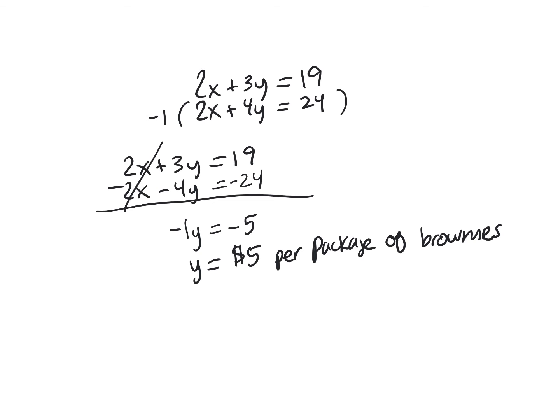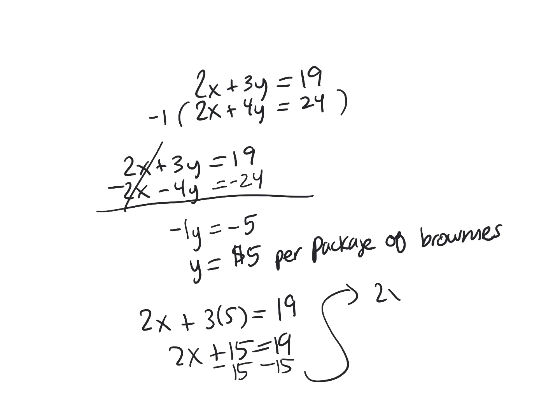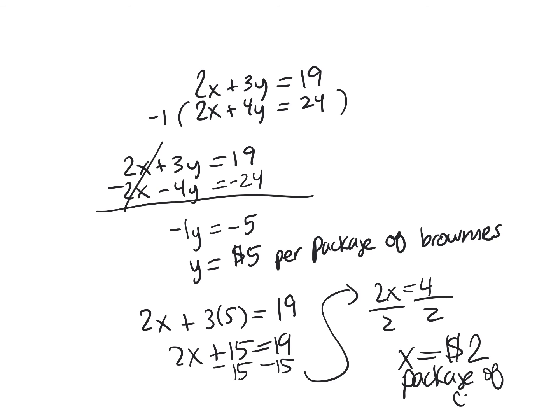And then you can go back up and substitute into either original equation. So 3x plus 2 times 5 equals 19. 3x plus 10 equals 19. Minus 10. 3x equals 9. So you have x equals $3 per package of cupcakes. So you can go on and check and plug back in and make sure that this makes sense. You could look at your graph and see if it